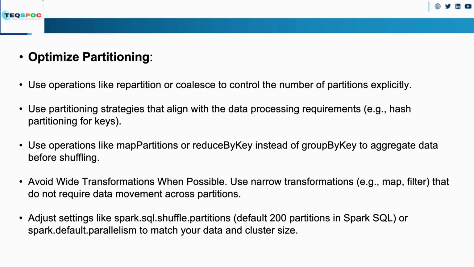Suppose there are 5 different partitions, and in each partition there is this ID data. So partition 1 has 10 ID data, partition 2 has 20 ID data, and so on. If I do a group by key, then from each and every partition, the ID data will move across the nodes. The serialization and everything will happen for all the data of each and every partition, and then it will be stored into a different new partition. Fine. But